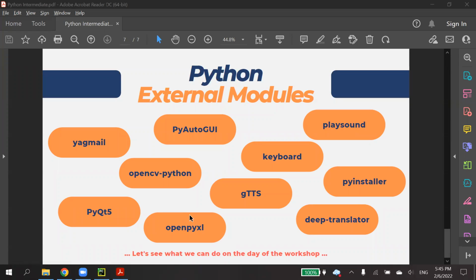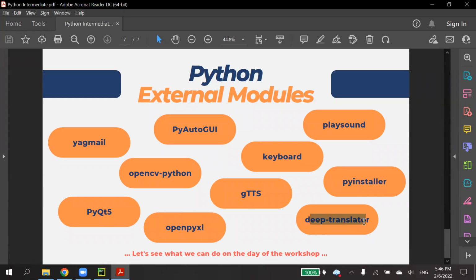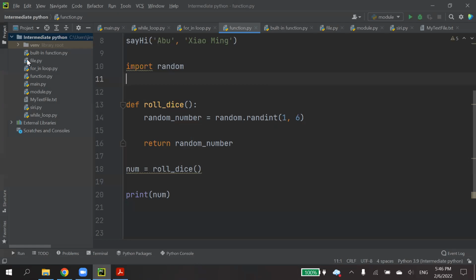Let's do some translation first. Let's say we use this deep translator. This external module, deep translator, can help us translate a word.